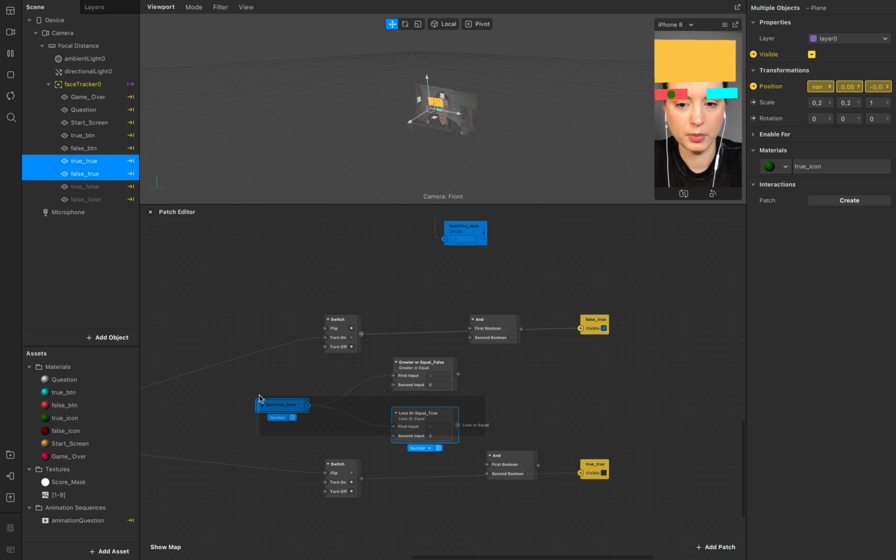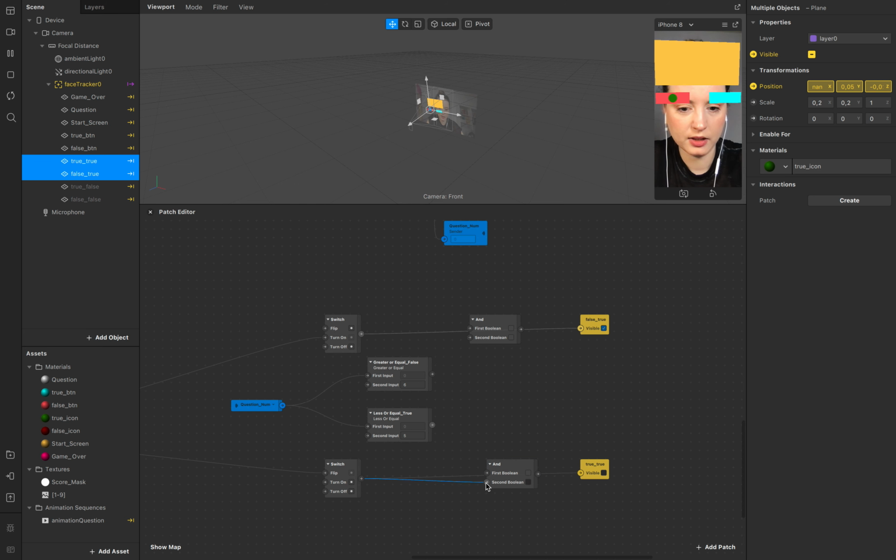Just add this a little bit down here, and then we add this as second, and this as second too. So put this up here, and then this is our true, so false is true. Then, if I leaned to the left, then it's true,